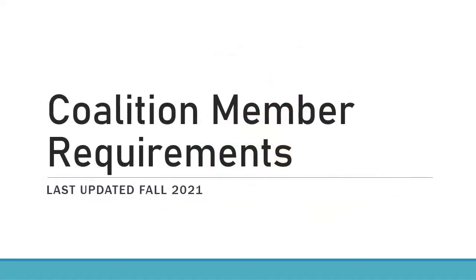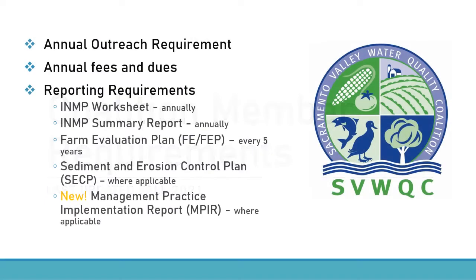So thank you. We are now going to talk about coalition member requirements. Member requirements primarily comprise of participating in annual outreach, paying annual fees and dues, and of course the reporting requirements. The reporting requirements include the INMP worksheet, which stays on farm and must be completed annually, the INMP summary report,